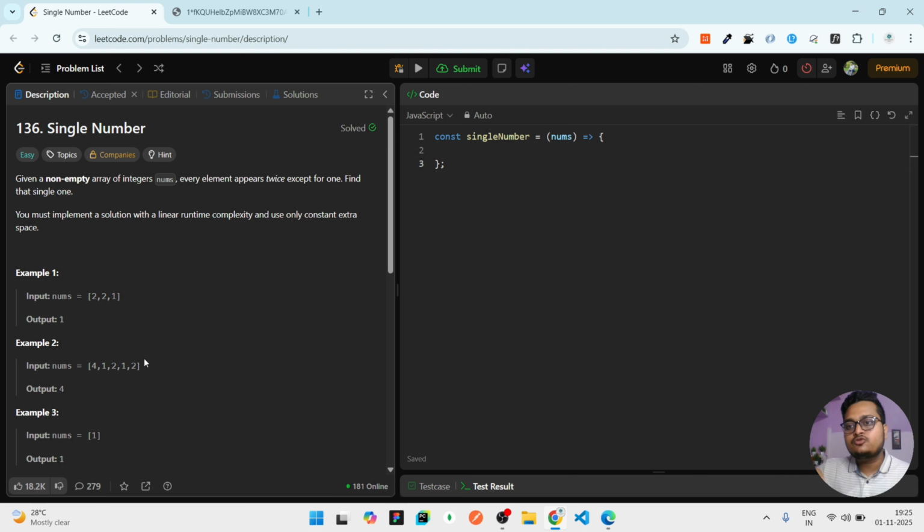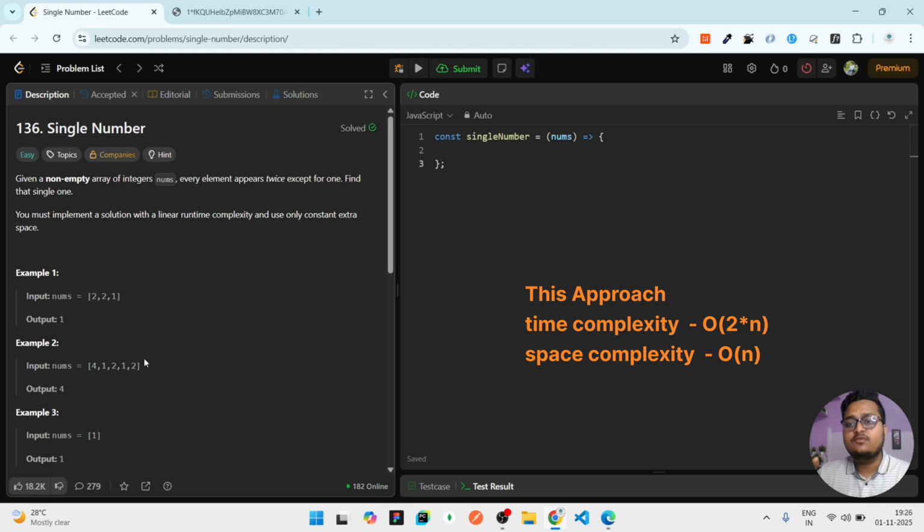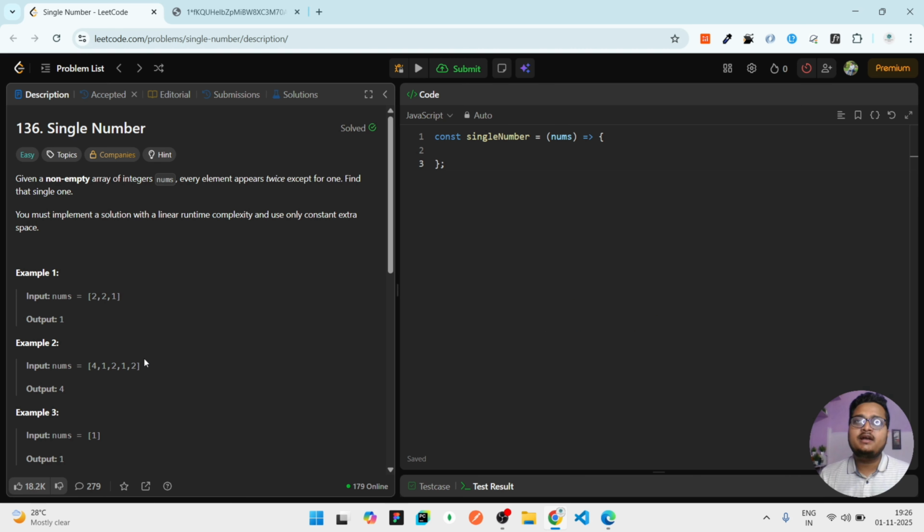At the time of telling, you also mention that it has a time complexity of 2 times n, because one time we have to store and one time we again have to find which has that one count. So we have to do 2 iterations. Also we will be using a map structure, so the space complexity of storing all of those in the map will be big O of n. That you also tell to the interviewer, and after that you say: